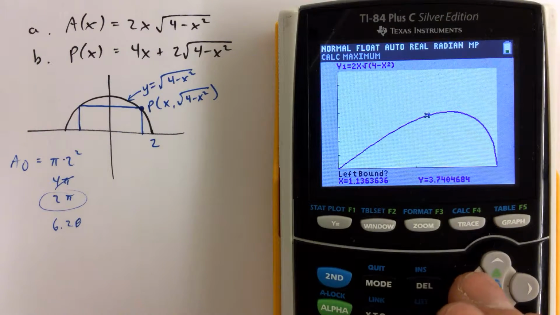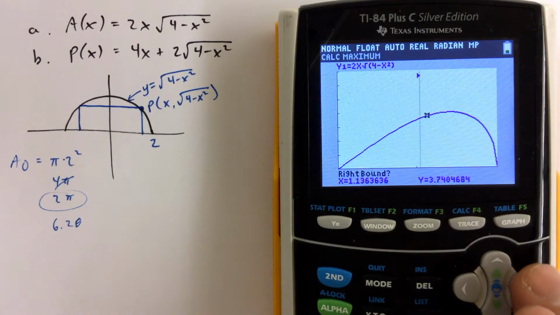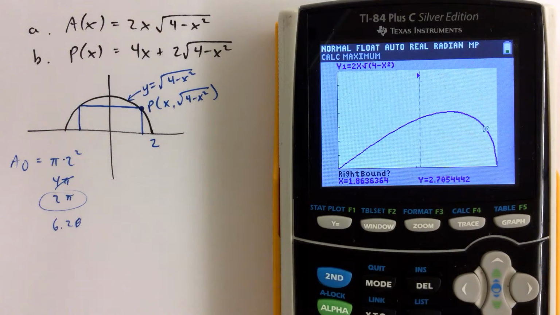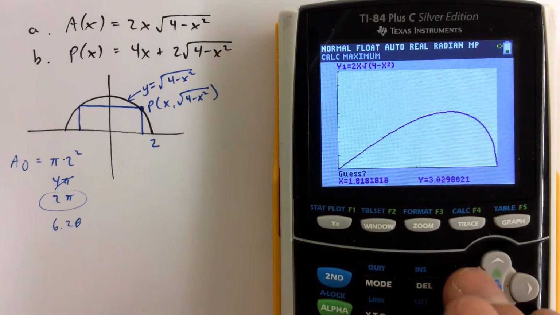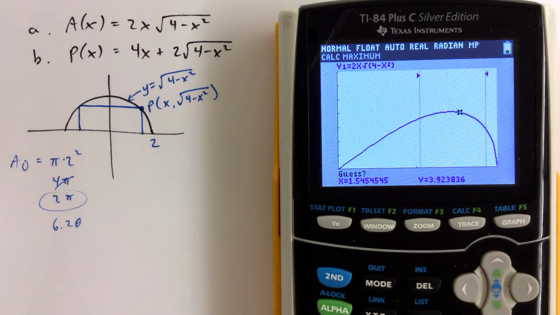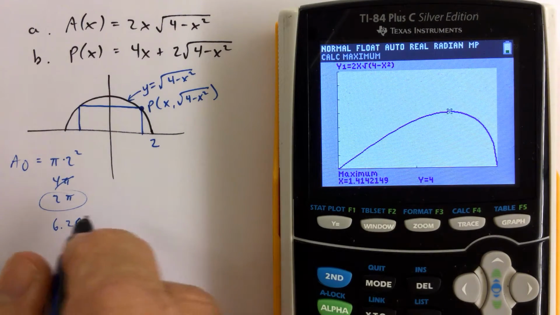It's asking for a left bound. We move the cursor to an obvious spot to the left of the high point and mark it with an enter. Then move the cursor to a spot that's obviously lower than the maximum point, but to the right. Then moving the cursor back somewhere close to the maximum value, we would see the maximum value is actually 4,